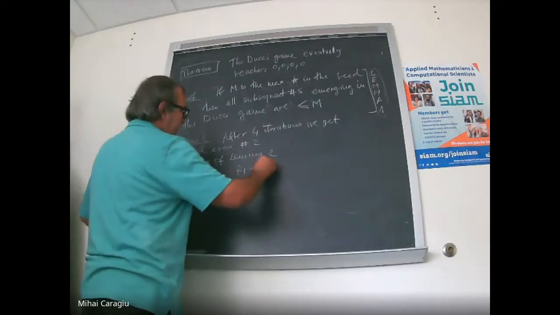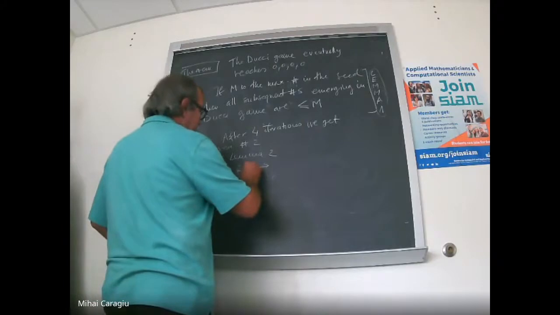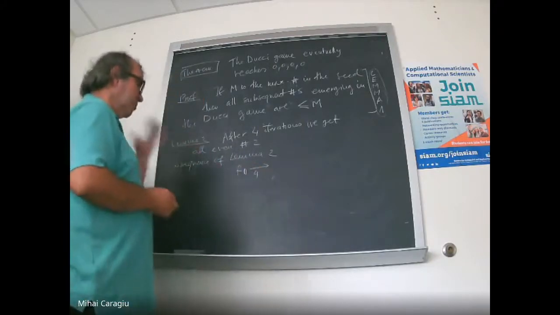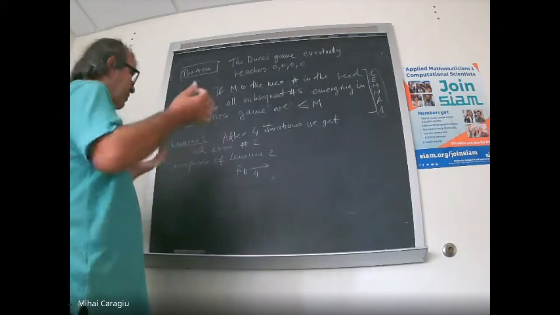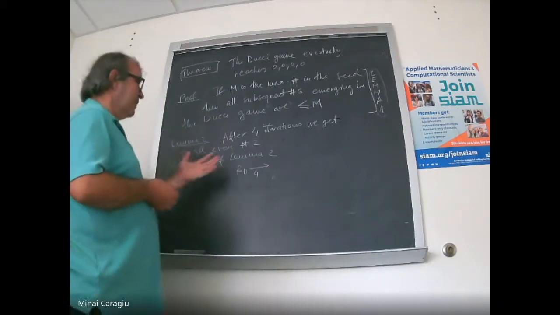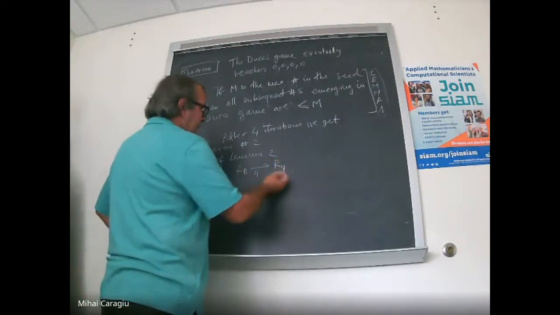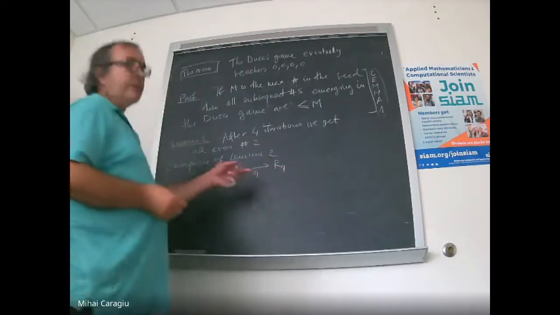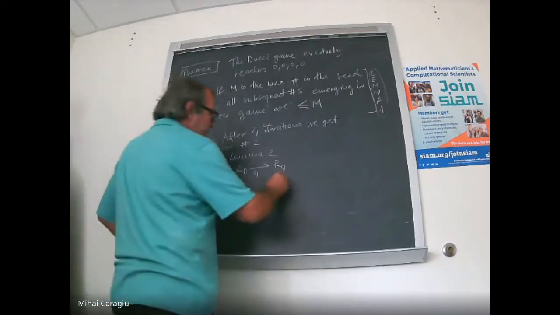So after four iterations, we get, okay, let's call it row 0, in accordance to time 0, so the beginning of the evolution. So row 4 of the Ducci game. In row 4, all entries are even. So this is congruent to 0